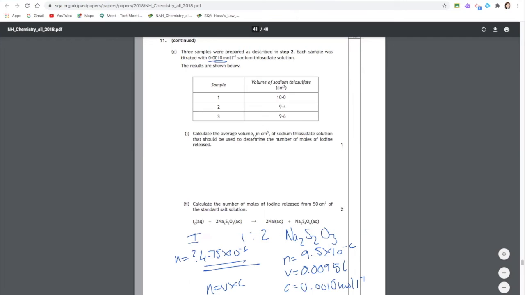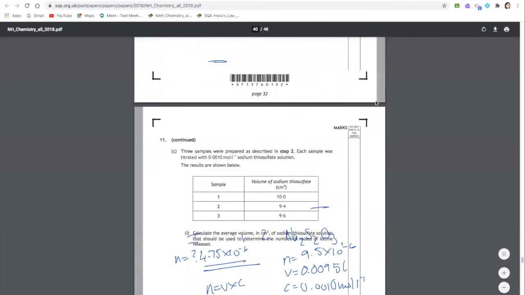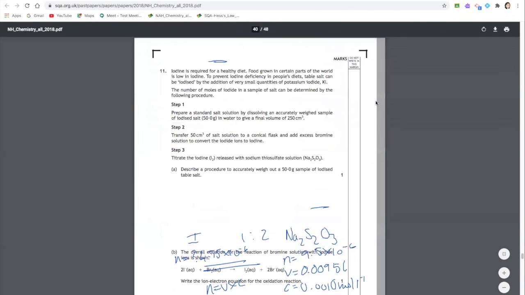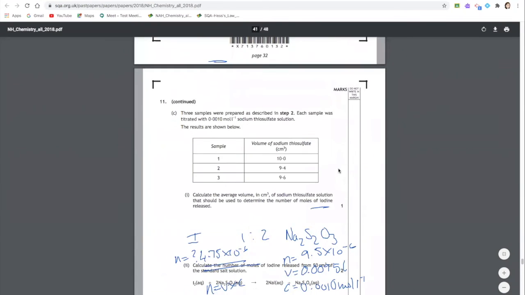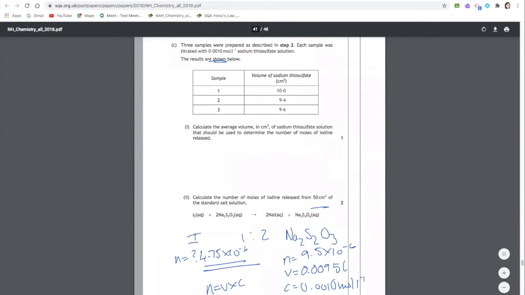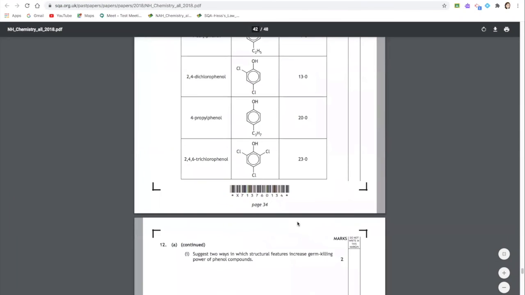However, just need to double check because it's talking about 50 centimetres cubed of the standard solution. Please check what the sample volume is. So sample volume is 50 centimetres cubed, so that's fine. So here, sometimes you'll need to scale up. Okay, so